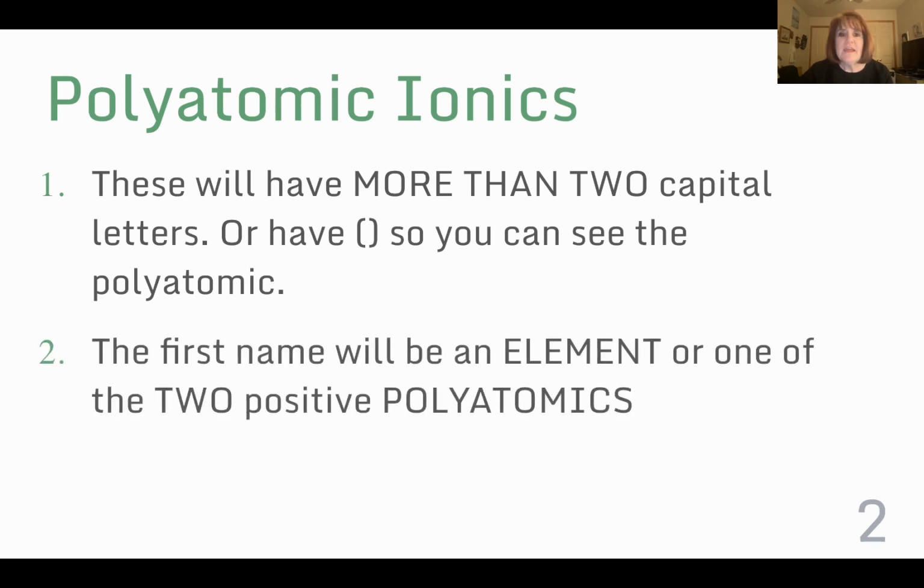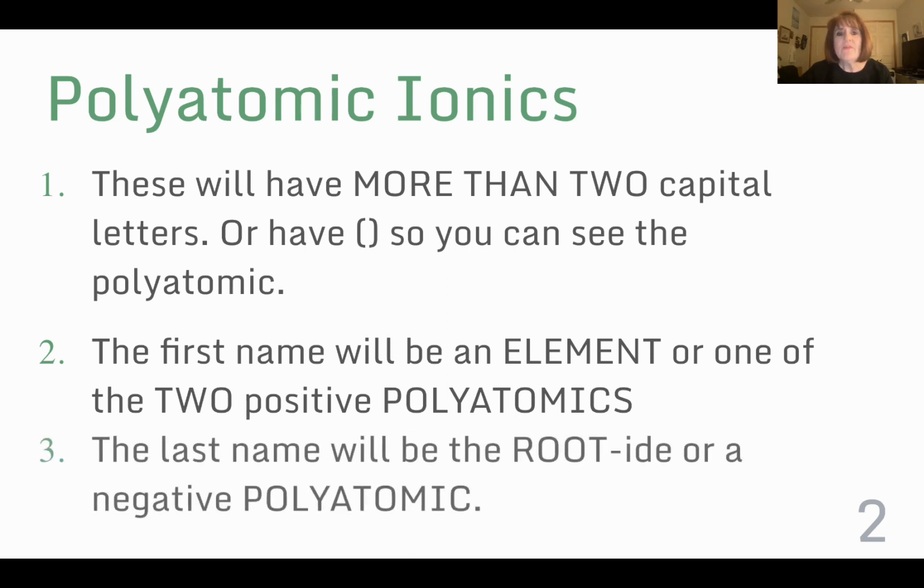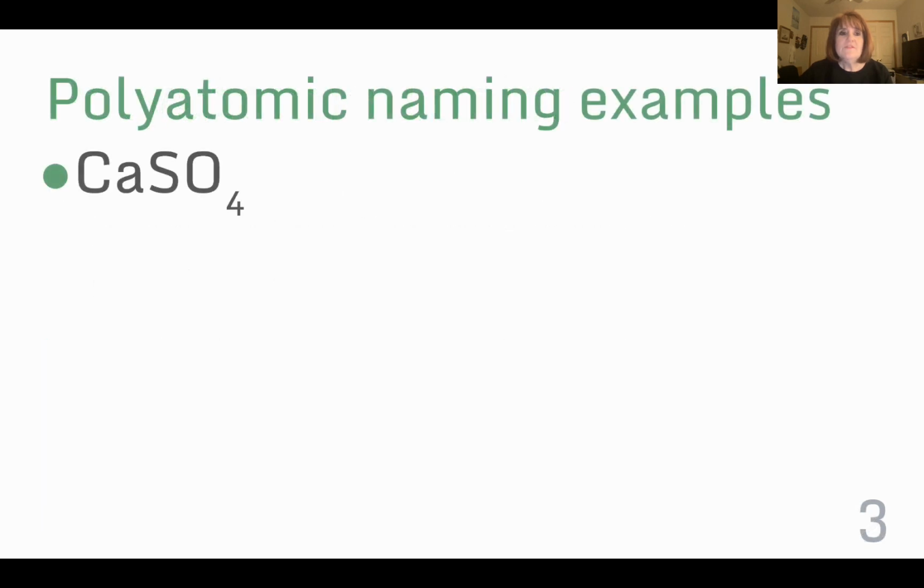The first name will either be an element or one of your two positive polyatomics. The last name will either be the root-ide system or the name of your negative polyatomic. Polyatomics, remember, have unique names, so we're going to use them when naming the compound. So in the example, CaSO4, Be(NO3)2,